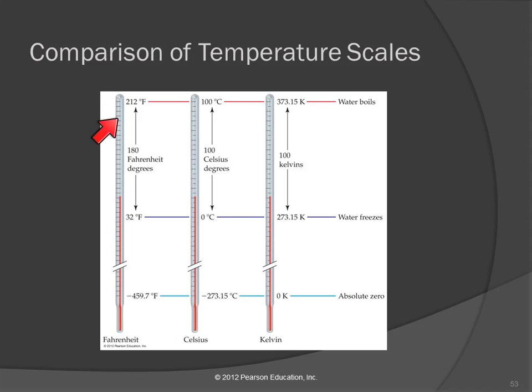Between the boiling point of water and the freezing point of water are 180 Fahrenheit degrees. Over on the Celsius scale, we assigned boiling to be 100 degrees and freezing to be 0. And I think they did that because those temperatures are easy to achieve. Pure water at sea level boils at 100 degrees Celsius. It freezes at 0 degrees Celsius. Almost anybody could reproduce that. You don't need special equipment.